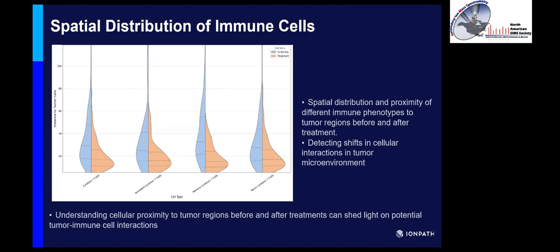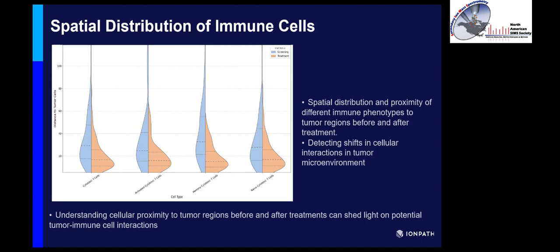And then finally, we can look at the spatial distribution of those immune cells and how those differ between the screening and the treatment samples. And so here we can see that, for each of these 4 cell types, cytotoxic T cells, activated cytotoxic T cells, memory cytotoxic T cells, and naive cytotoxic T cells, the relative spatial distribution of those in proximity to other cell types is different